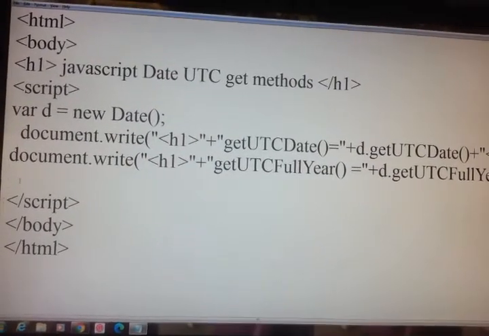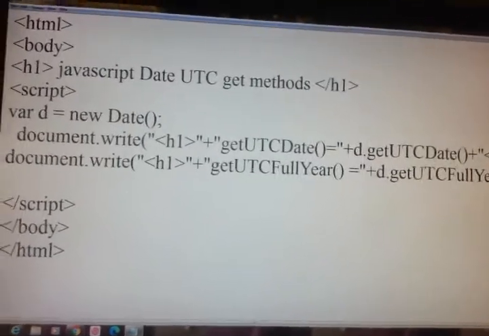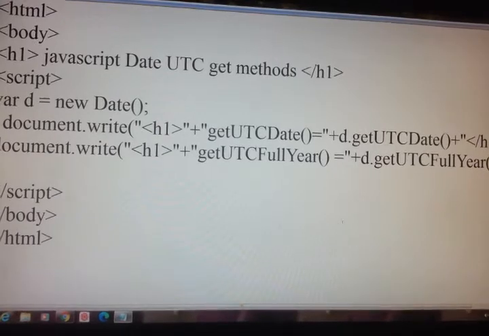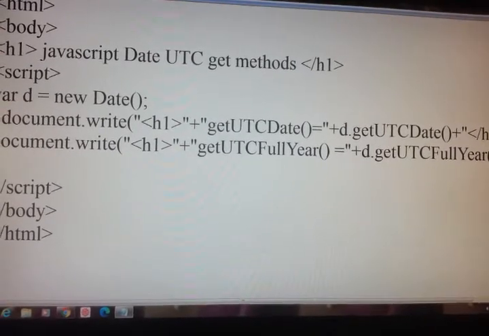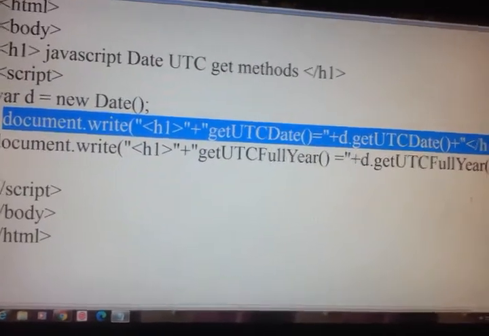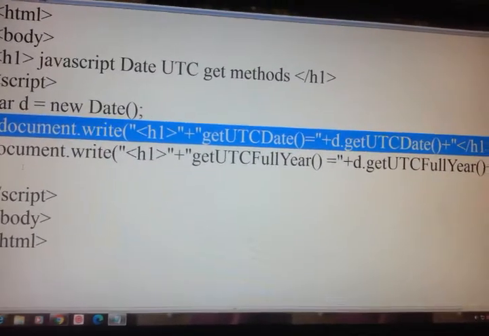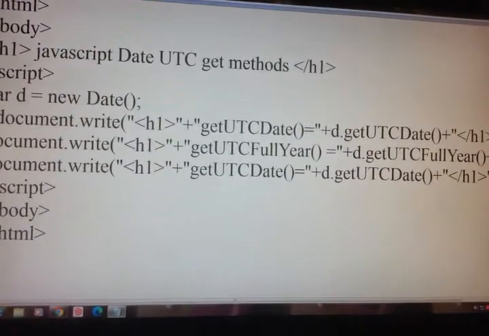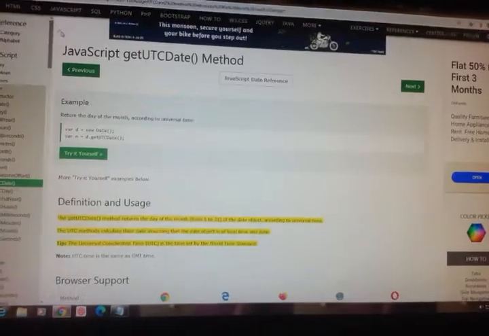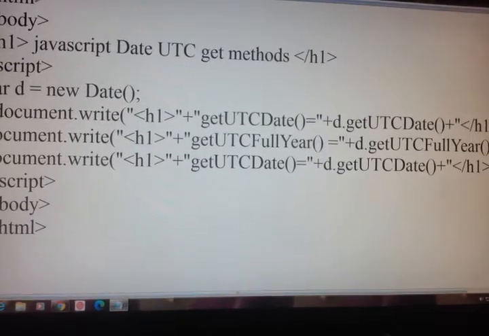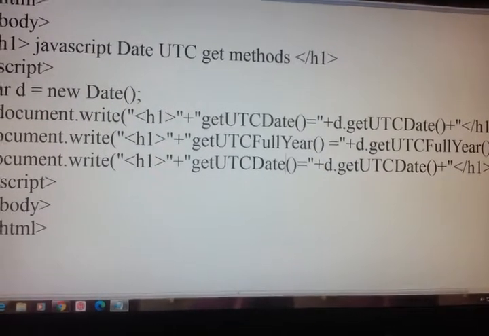Now next, what are the other UTC methods that we'll write? Just copy, paste, and the next UTC method is UTC day.